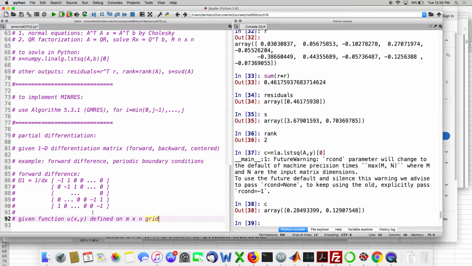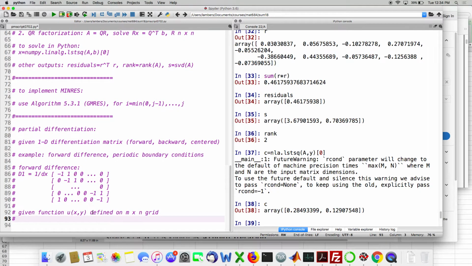If you imagine an xy plane, m corresponds to y values, and n corresponds to x values. And so m and n, you can think of them as the height and width of your